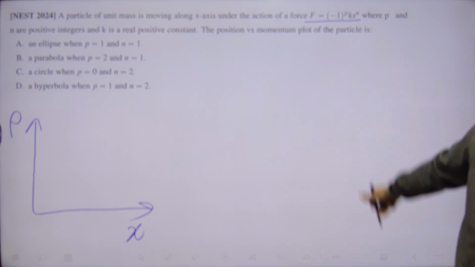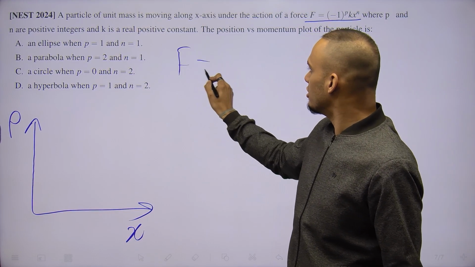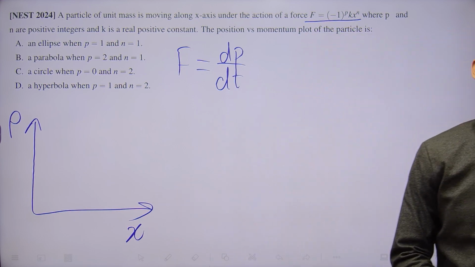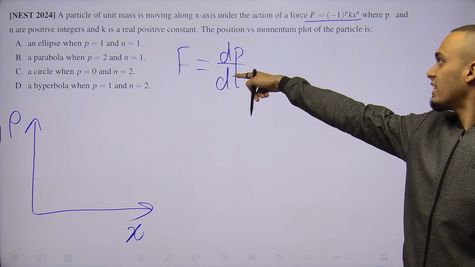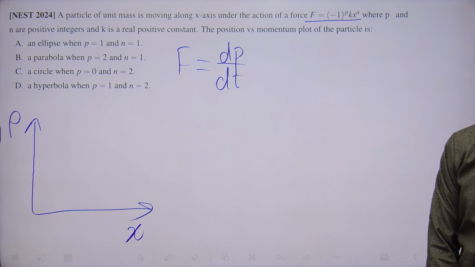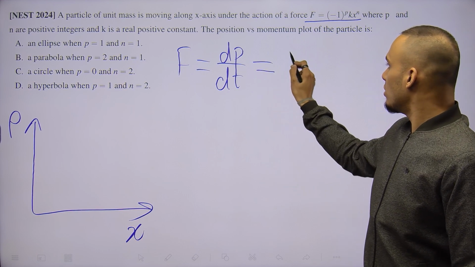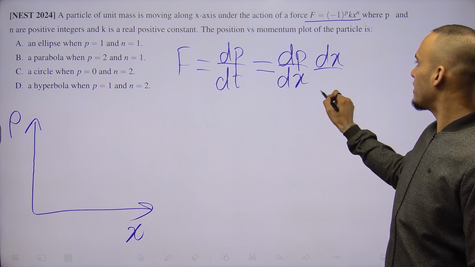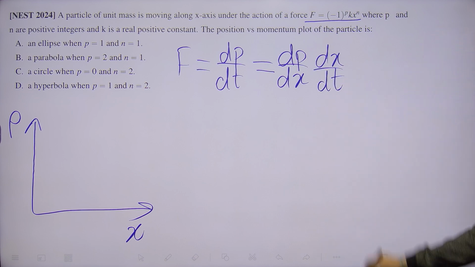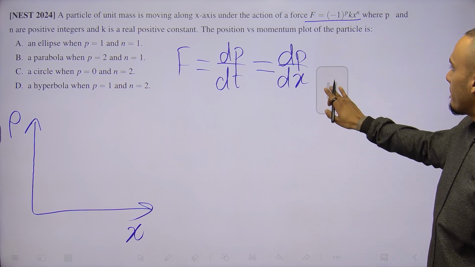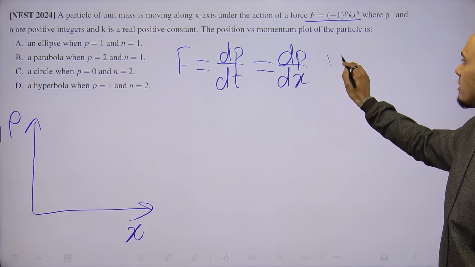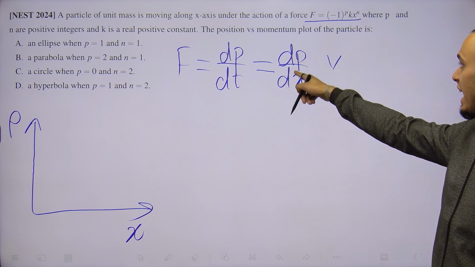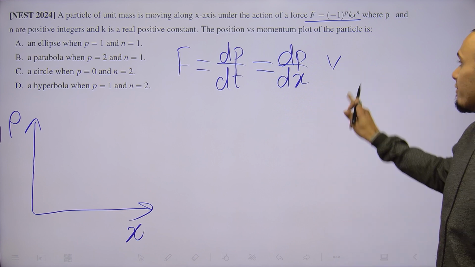Now what do we know about force? We know that force is equal to rate of change of momentum from Newton's second law. Obviously we can rewrite this with respect to the position by the chain rule, that is dp by dx and dx by dt, which we know is the velocity of the object. Now since we only need to relate the position and the momentum, we can rewrite velocity in terms